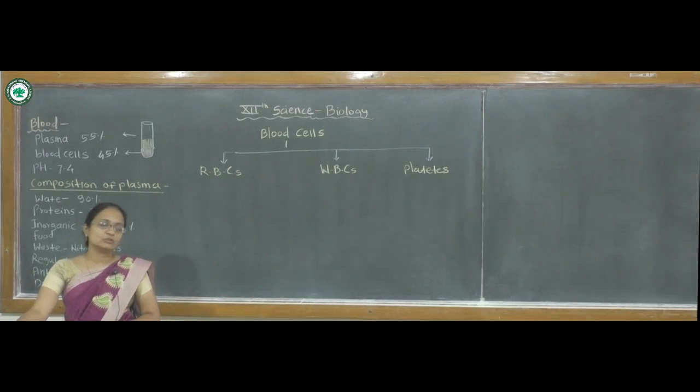The main function of RBCs is as oxygen-carrying protein molecules, because they are always in combination with hemoglobin, and due to the presence of hemoglobin they appear red in color. These erythrocytes are therefore responsible for the transport of gases like O2 as well as CO2.